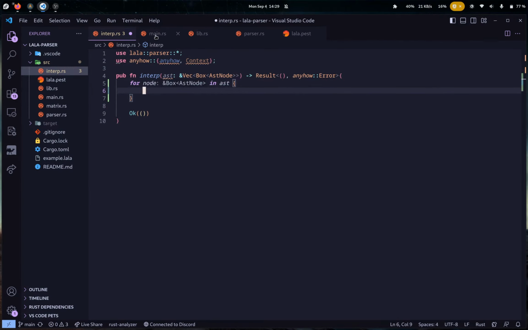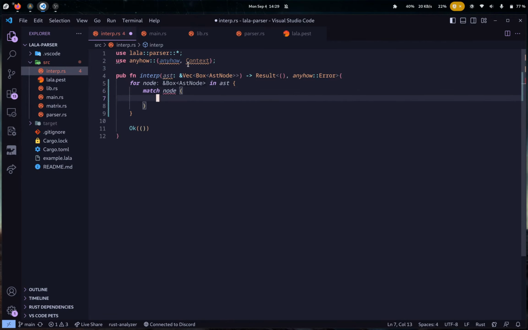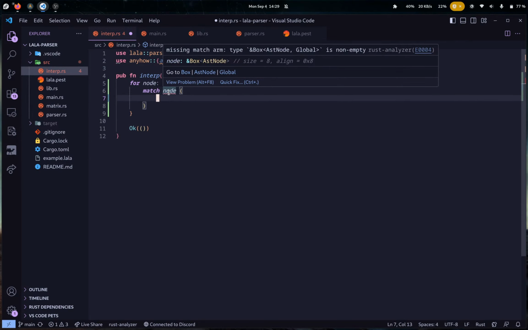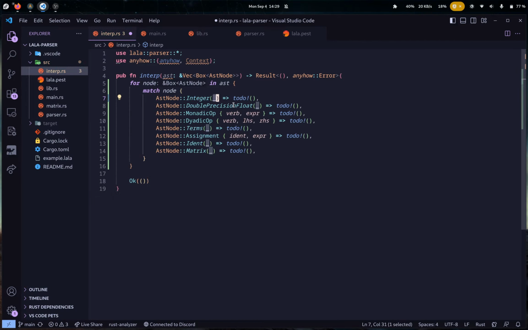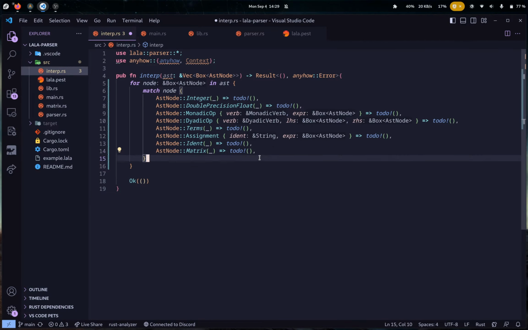We're gonna match one of the nodes. What does this do? There we go. Perfect. Match node. So now if the node is an integer,